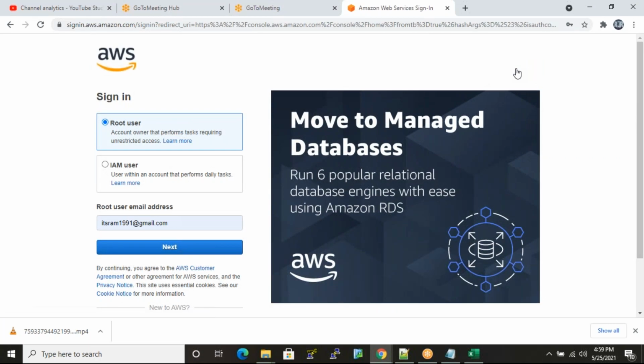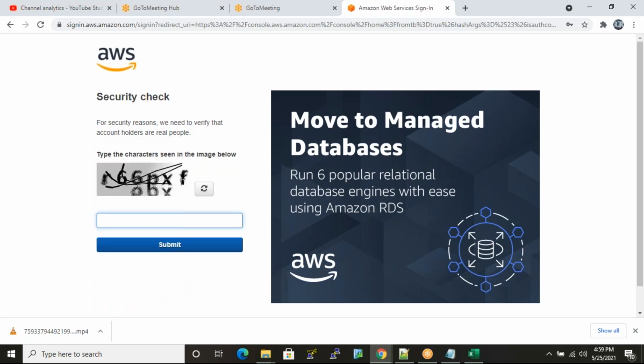I already created a root account, so I'm selecting root user. This is my root user username, then click on next, confirm the characters, and click on submit.